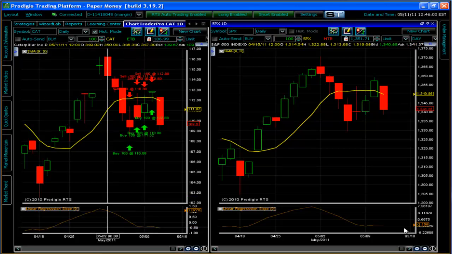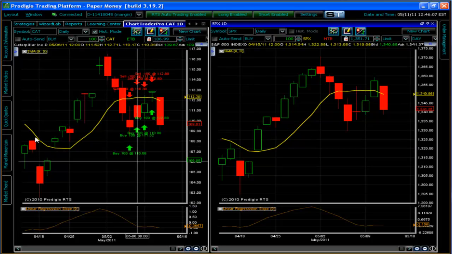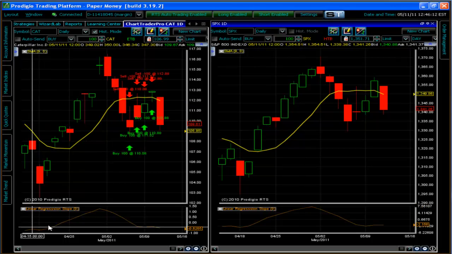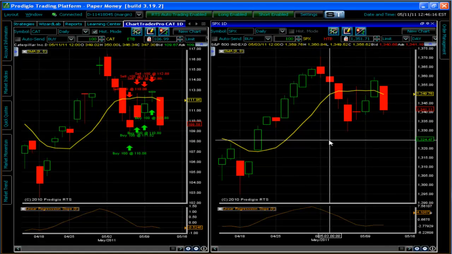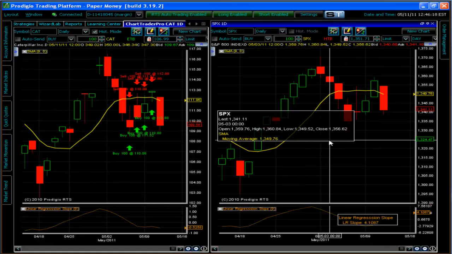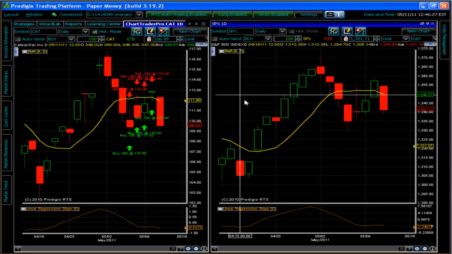And what you should see with a 95% correlation, look what's happening here. The price is moving in tandem with the SPX. The moving average is moving in tandem with the SPX. The linear regression slope is moving in tandem with the SPX. Everything's lining up. And if everything's lining up, you can bias your trading. And think about this. If you can get a general grasp on the overall direction of the SPX,